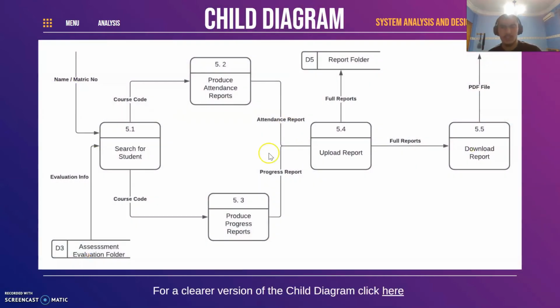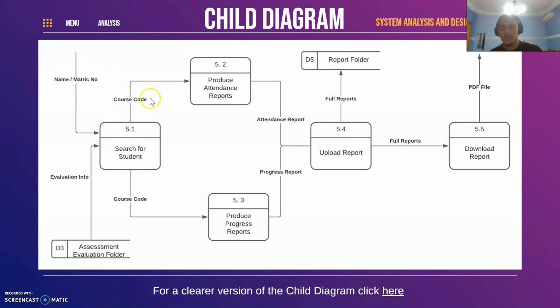Then you have our child diagram for process number 5. Evaluation info, or the compiled student info, is going to be received from the assessment evaluation folder, as well as the name or matric number from the coordinator entity. It's going to be received by the system. The system is then going to search for the student based on the information entered by the coordinator.